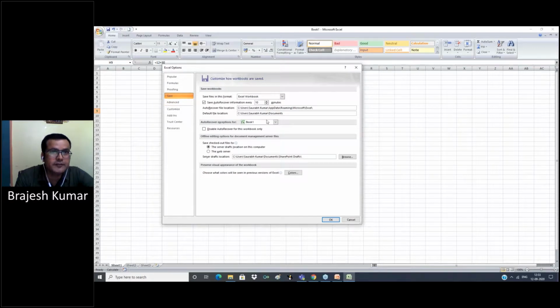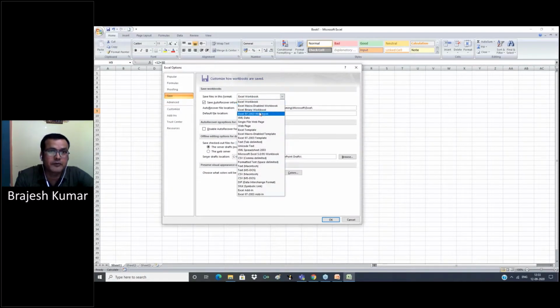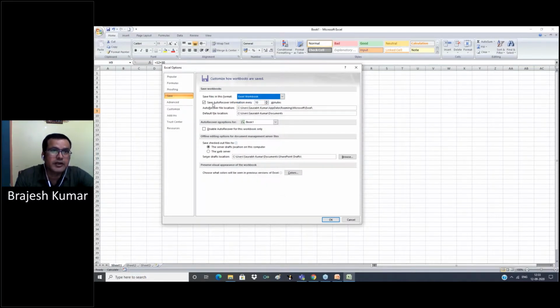Save option is the same. Which format you want to save the Excel workbook in, Excel 97 binary by default. If you want to save your Excel in CSV format by default, then you can select CSV. Otherwise, select Excel workbook. Save AutoRecover information every 10 minutes. Every 9 minutes, every 11 minutes, 12 minutes, you can set this time.